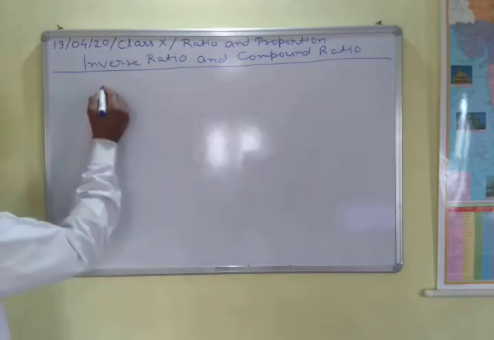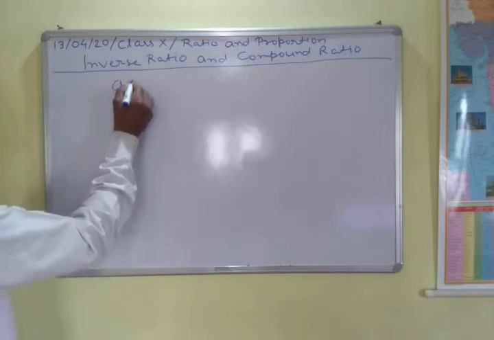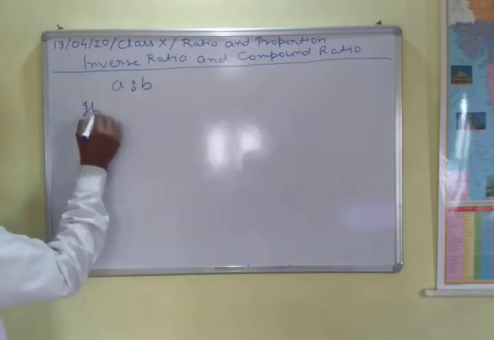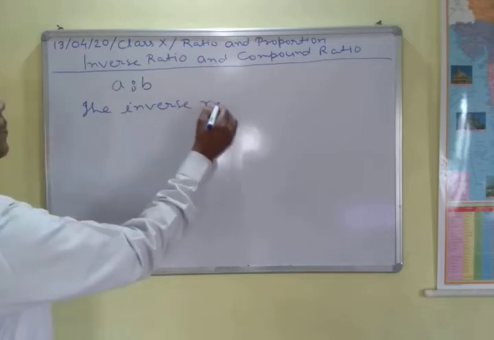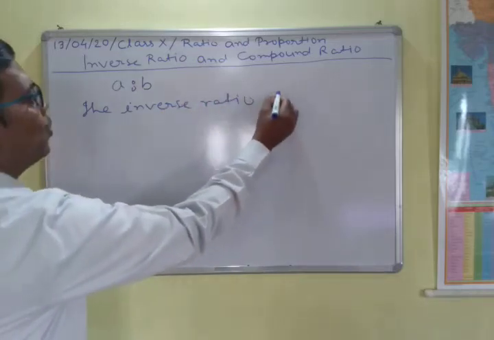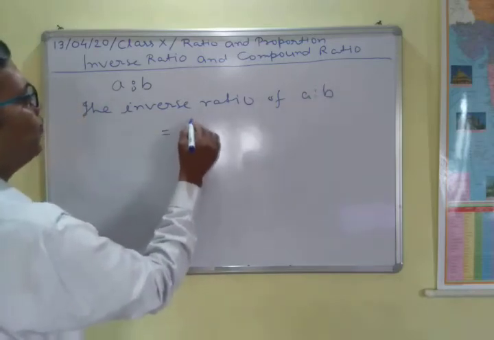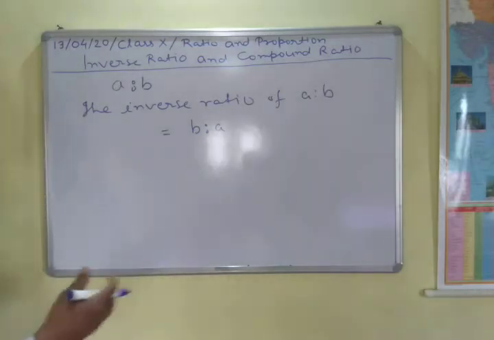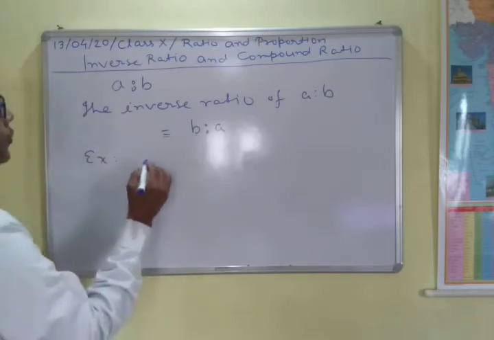Inverse ratio means, suppose any ratio A is to B. The inverse ratio of A is to B is equal to B is to A. So this is the inverse ratio. For example, suppose we have a ratio